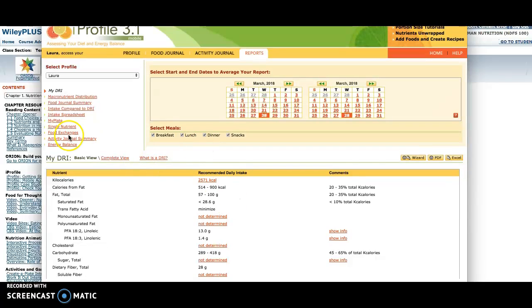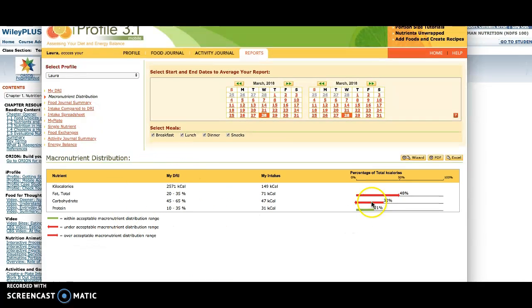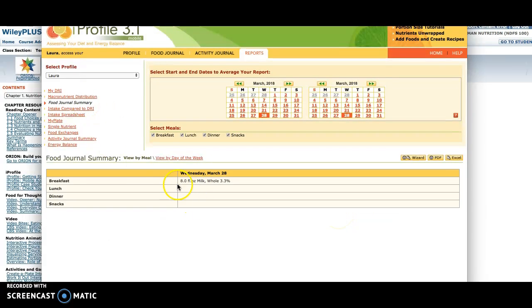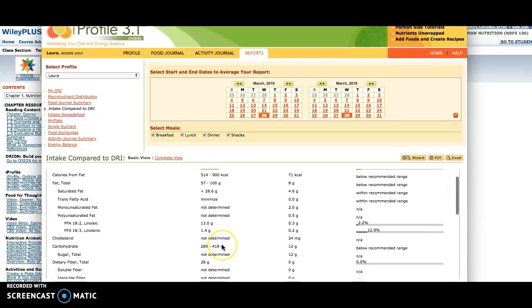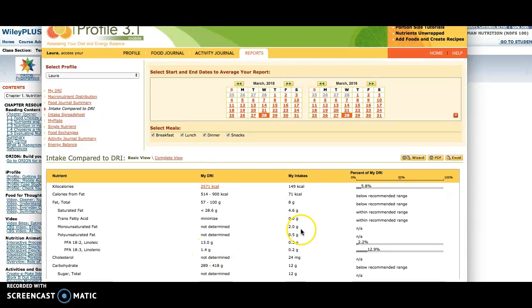Your DRIs will be given up here. So these are the students' DRIs. You can see macronutrient distribution, so they can see how well they met their DRIs for macronutrient distribution. Can see a food journal summary. Mine is very sad with just one glass of milk. And then intake compared to DRI is the great one. So you can see your DRIs on one side, your intakes on the other side, and what percentage of the DRI you met. You can turn this into a PDF and export it as well for easily uploading to an